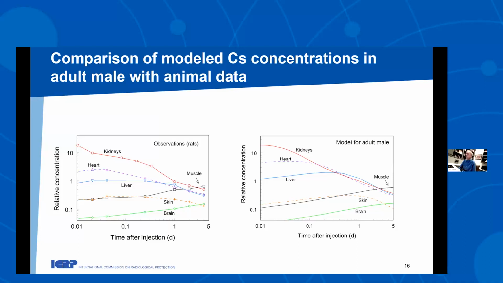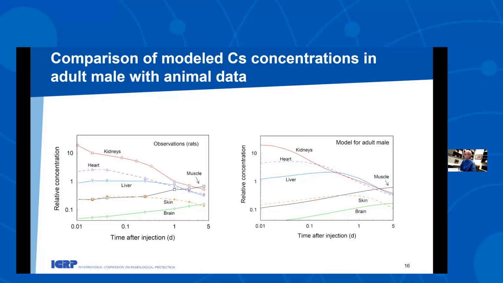And you can't expect these to be numerically identical, because potassium or cesium kinetics in rats is not identical numerically to cesium kinetics in people, but the patterns are very much alike. As you can see, the kidneys have by far the highest concentration at early times, and the rat studies here, the rats were measured over the first 4 days after intake,